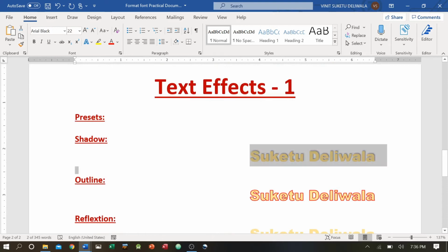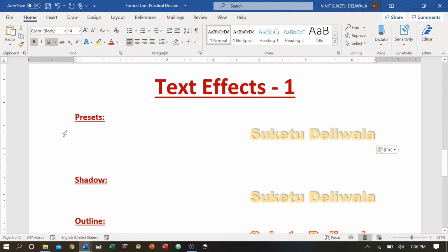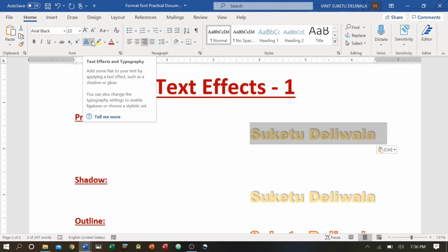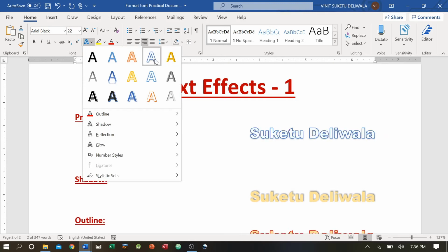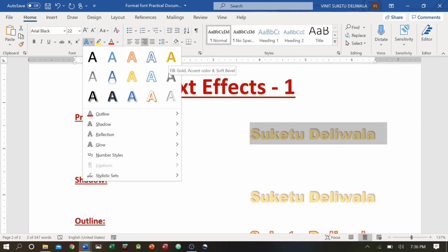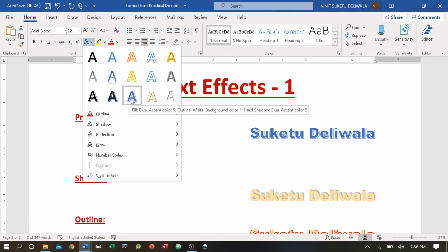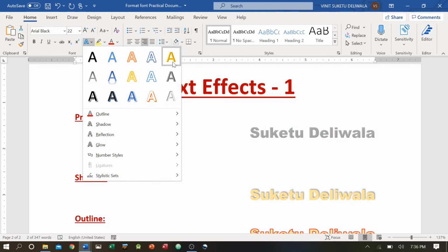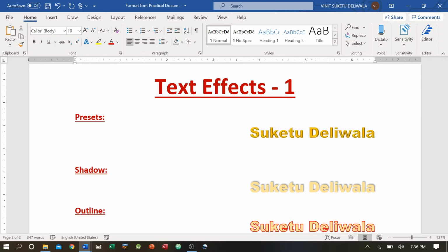Now let me take this one and put it in preset. I'll select this. There are presets available, which are a combination of shadow, outline, glow and everything. You can select any one of them. You can see these are the ready-made presets. They are readily available. You can select any one of them and you can customize this also. I'll select this one and click it. They are ready-made presets. So this is text effect 1, which you can do directly from the ribbon